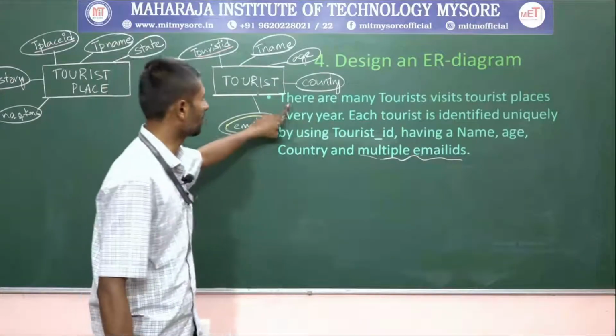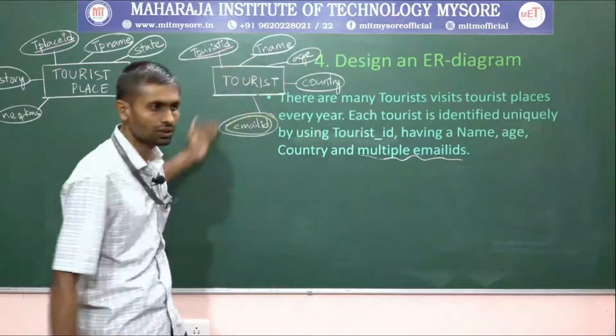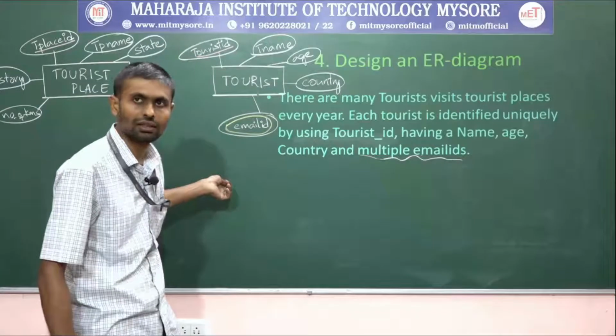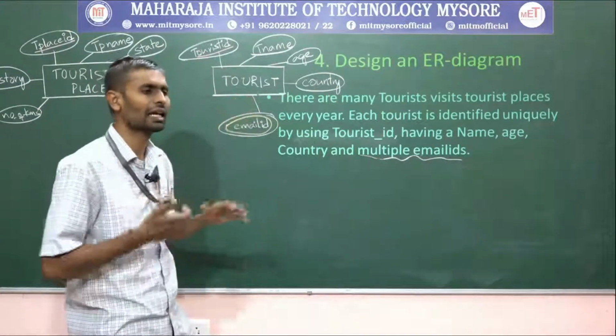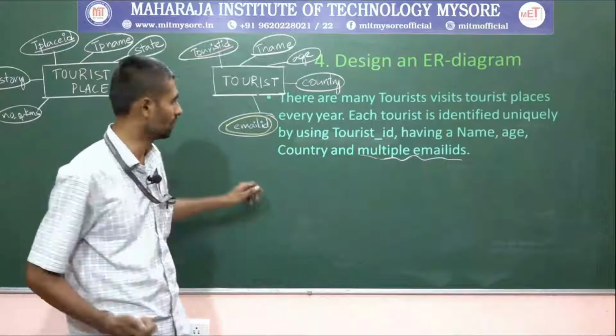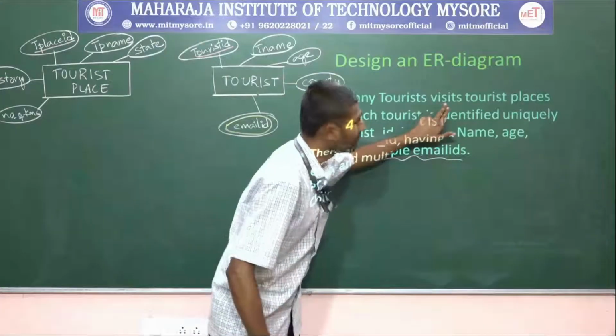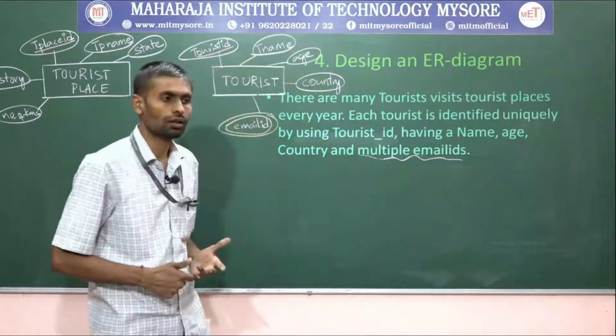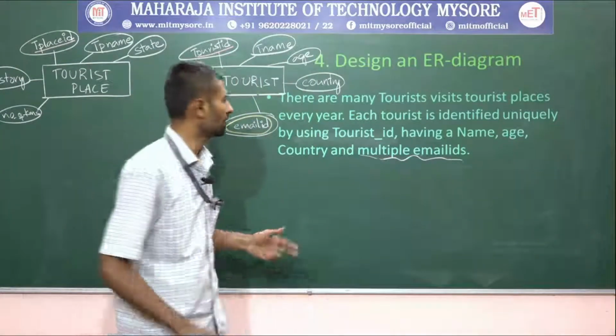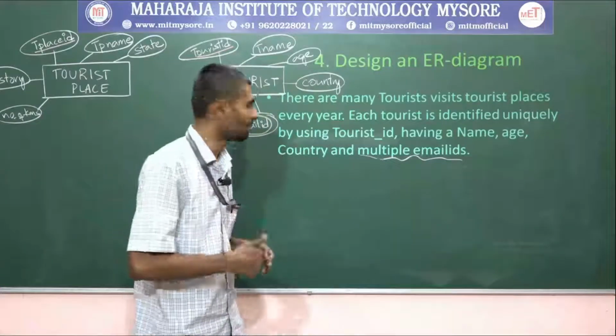What is that, guys? There are many tourists that we will record. Each instance represents one entity of the tourist. Like that I can record as many as I want. Next, when you go with mapping into a relational model, tourist gives birth to one tourist table. That we will discuss in the upcoming sessions.